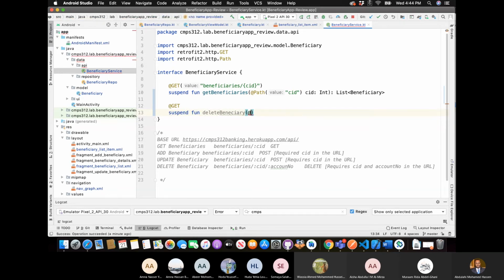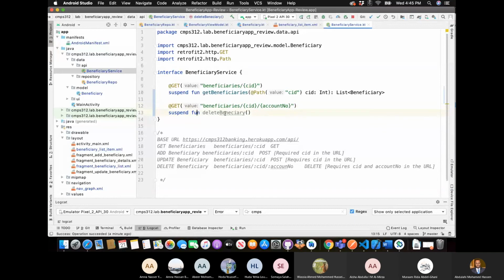and path. And the way we do delete is we have to go to this path. We will actually, what am I doing? We have to first give the path and put this one in curly brackets, and I'm going to say account number, and this is where I'm going to delete it from. Okay,